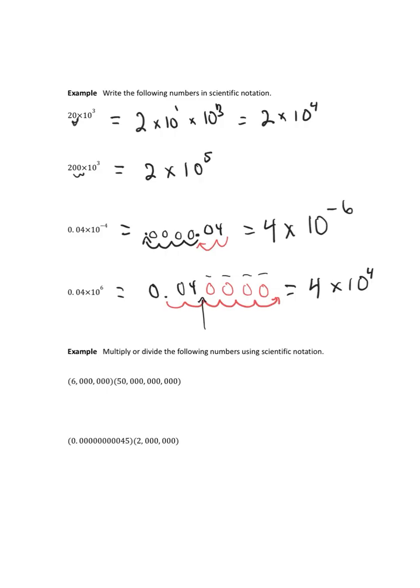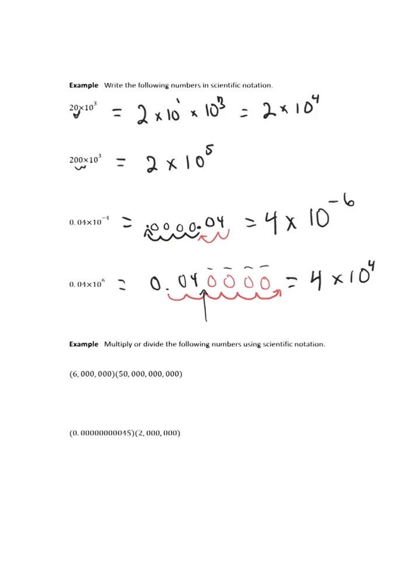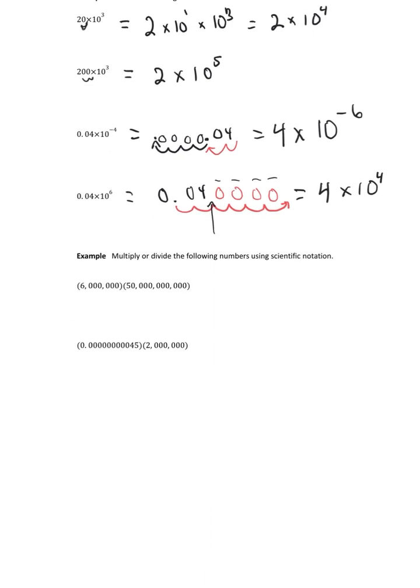Okay, so that's kind of just the basics of writing numbers in scientific notation. And then here's doing some calculations. This is actually two good examples showing the benefit of it. Because if I'm multiplying this out, I'm going to get some super giant number. Whereas if I can just do this in scientific notation, I can consolidate what I'm going to be writing. That first one would be 6 times 10 to the 6th